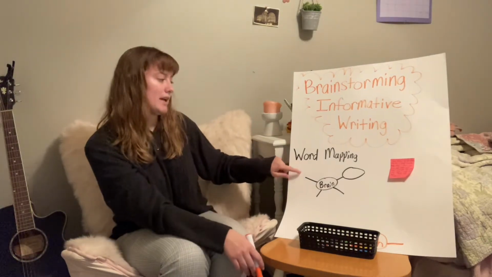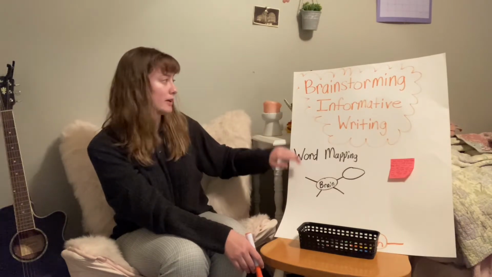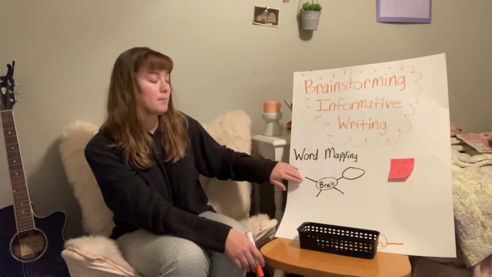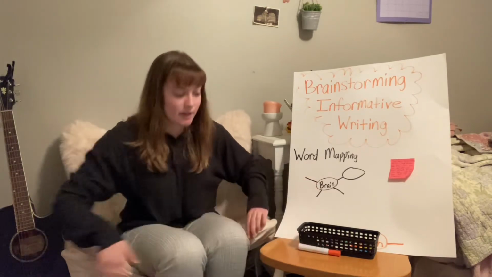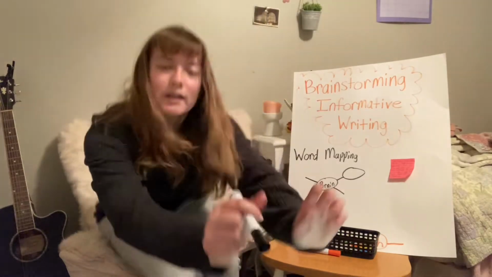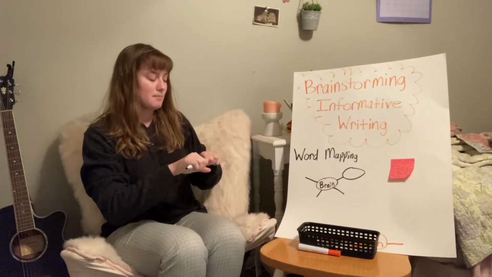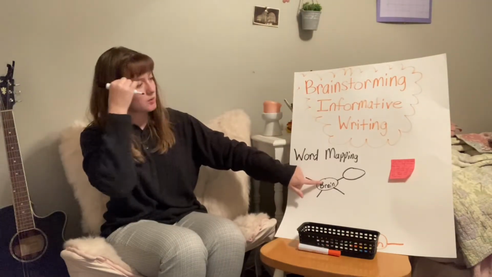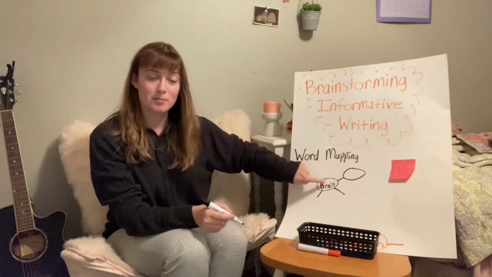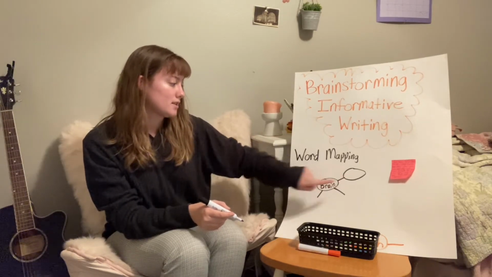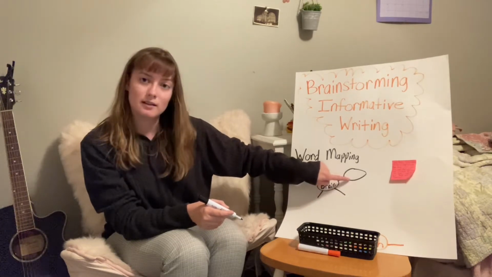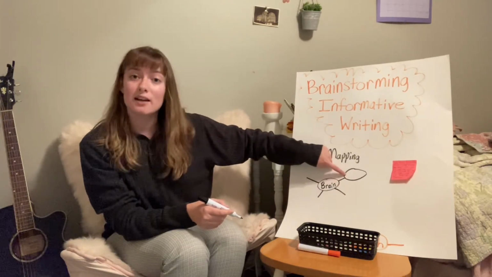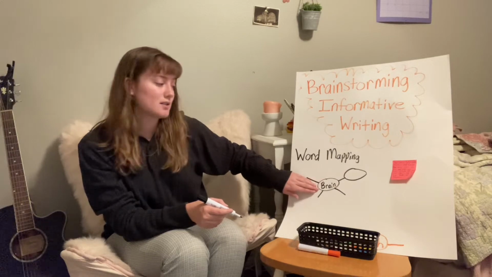So right here we have a word map, which is a brainstorming tool about this book. I've started it. So we have brain right here. We have brain in the middle. This is the main idea. This is what Deek has written about, the brain. And off to the side, we have these little stems here connecting to the brain. This is details that we're going to add to think about brain.